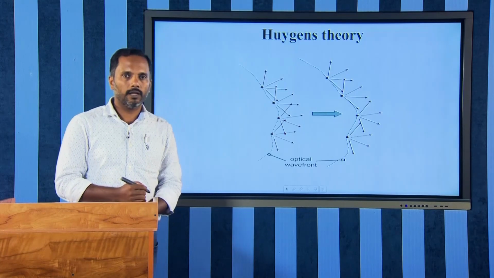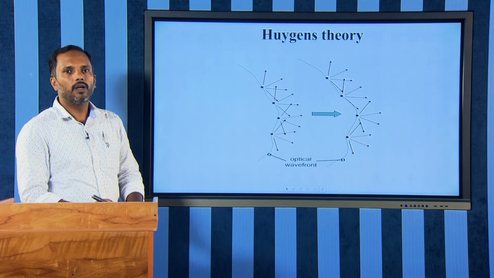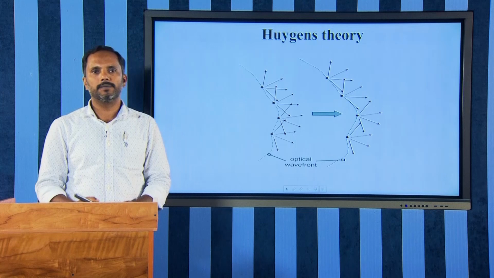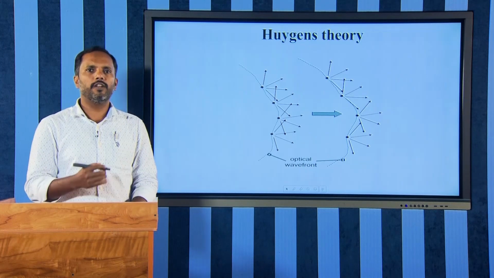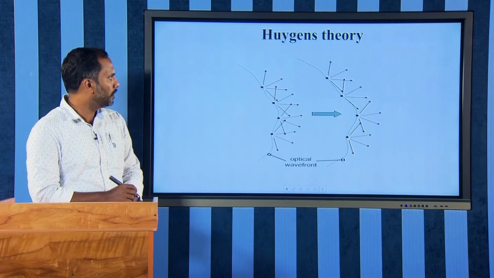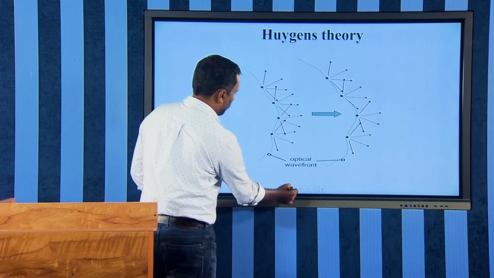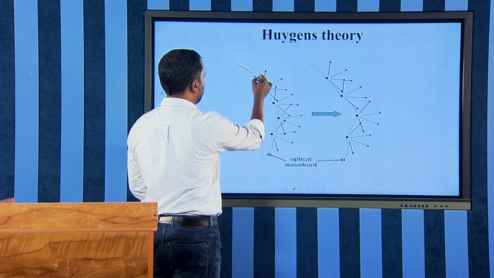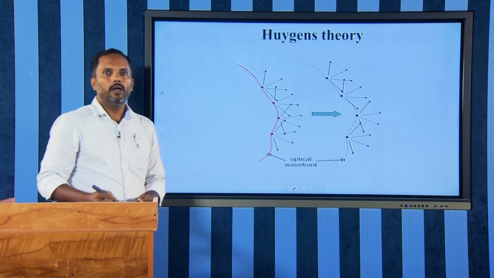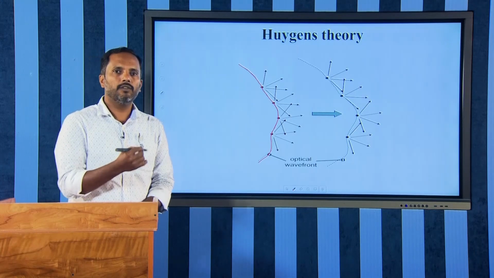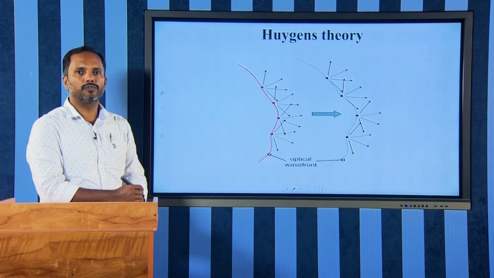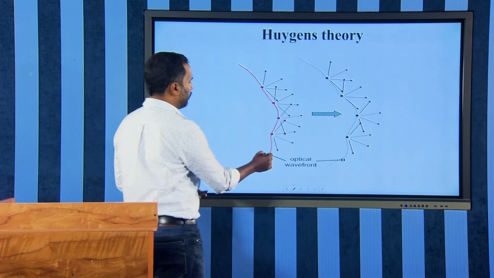One among them is the Huygens theory. We have already studied in our early classes, and we are very familiar, that light propagates in the form of wavefronts. So let us assume this is a wavefront. Now Huygens theory says that every point in the wavefront acts as a source of spherical wavelets. So you can take any point of this